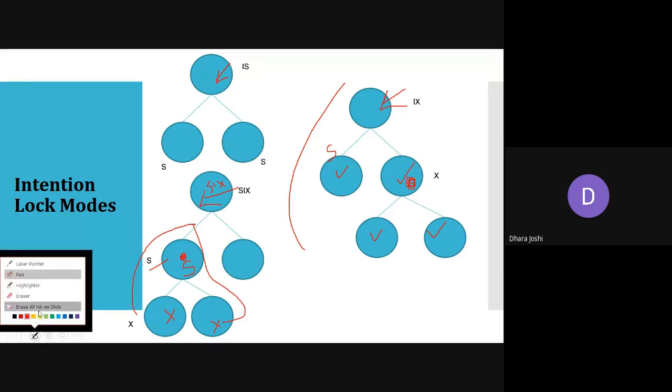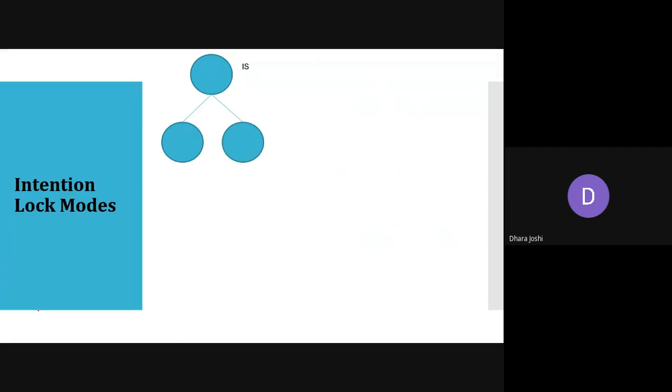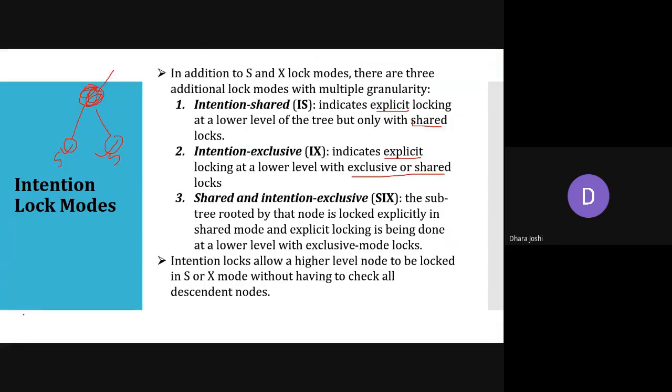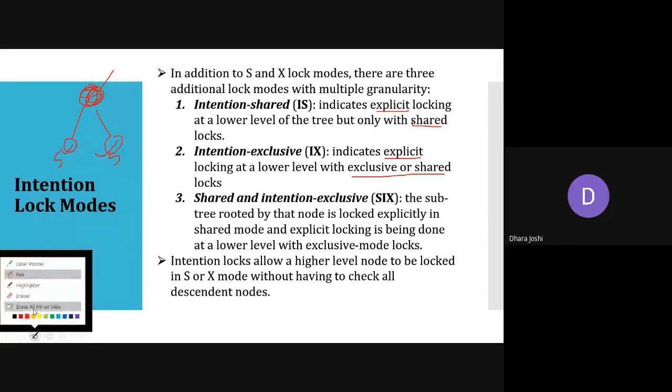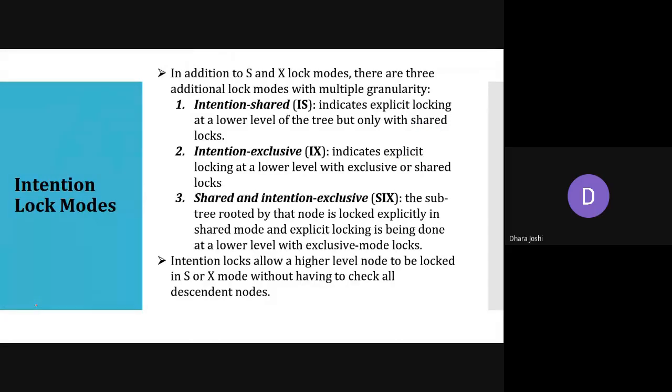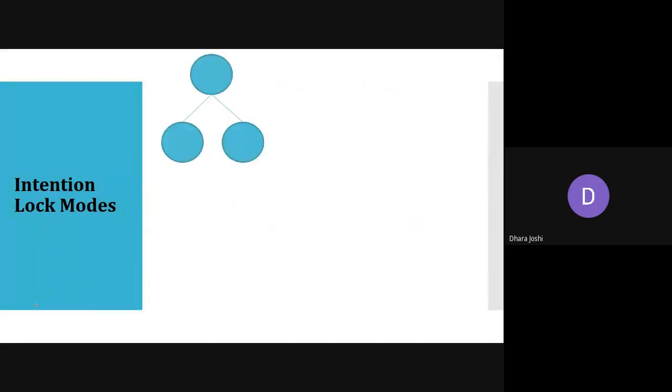We have a total of 5 types of locking now. The first one is shared, the second one is exclusive, and now we have learned these 3 new words, which is intention locking. We have 3 types of intention locking: intention shared, intention exclusive, and shared and intention exclusive. If I put this node as intention shared, then by default its lower level, that means its children, will be in the shared mode. This is called intention shared.